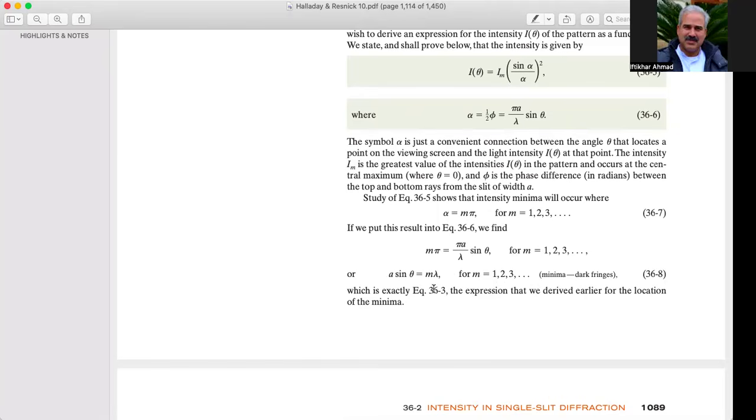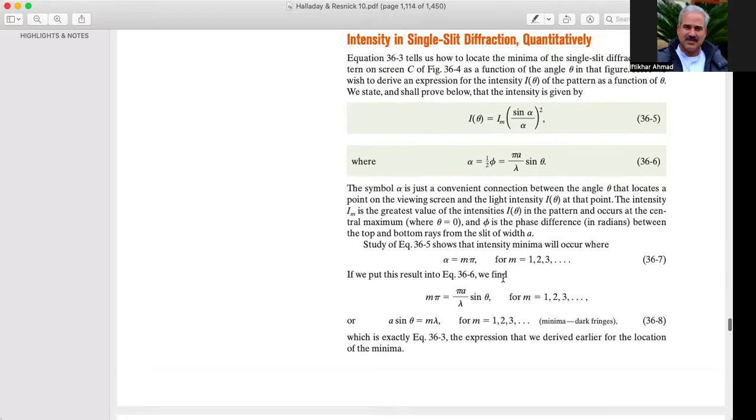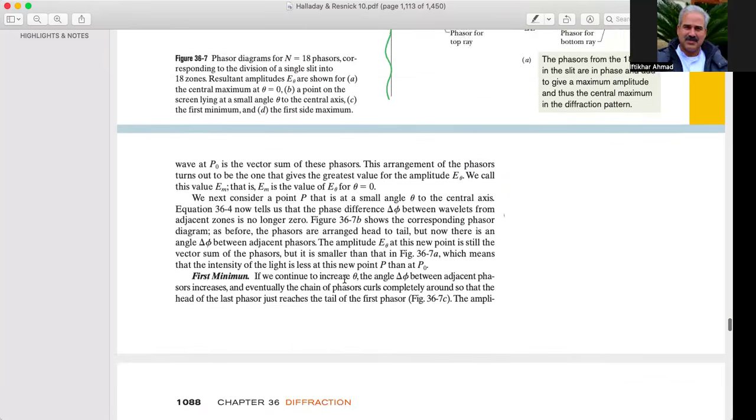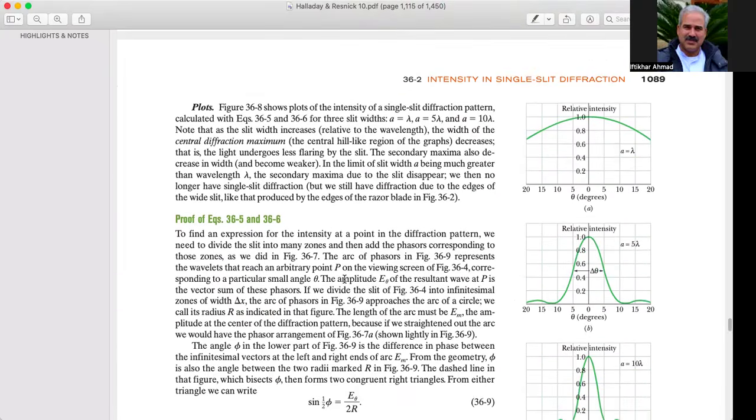So when m is equal to 1, that will give us the first minima. When m is equal to 2, that will give us the second minima. And when m is equal to 3, this is my first minima, this is my second minima, and this is my third minima, and so on. So this was also important to understand about the single slit diffraction phenomena. Now, the general misconception is this, that we say that when the wavelength is comparable to